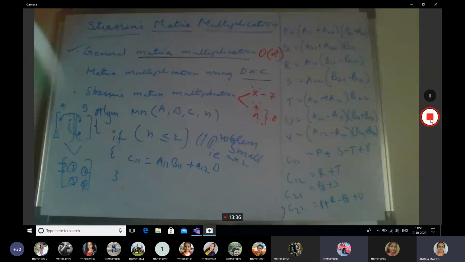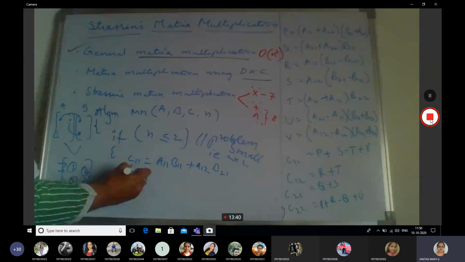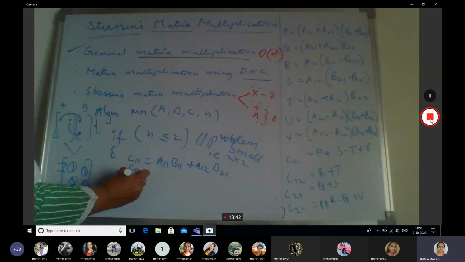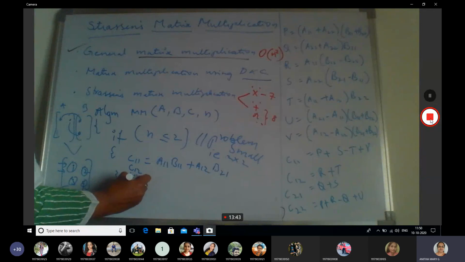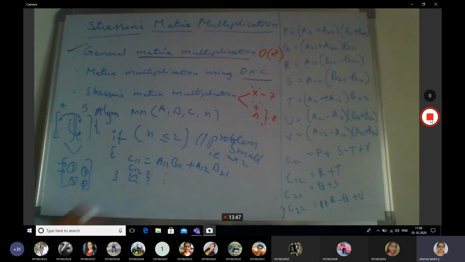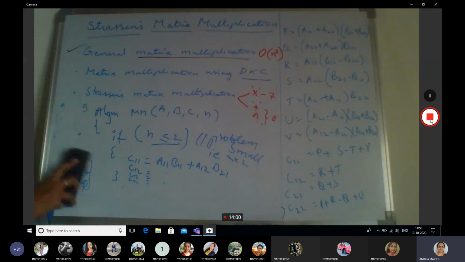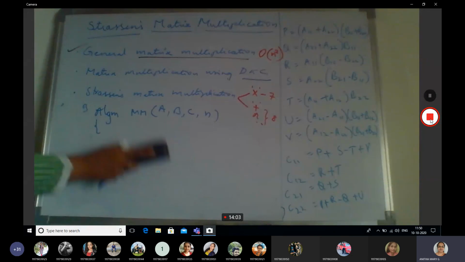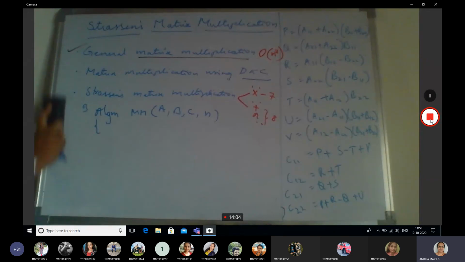Okay, so likewise we write the equations for C12, C13 and C14. Okay, you know all this. So when n is small, what are the calculations we are doing, that we are writing? Okay, but here, so I am erasing when it is small, but here I am writing the else part. So when n is small, what equations and how we are solving, you know.